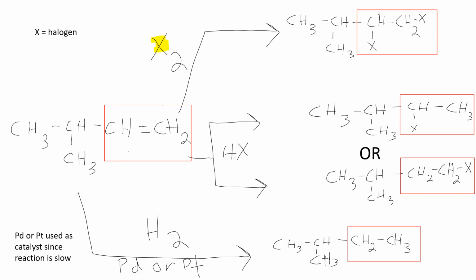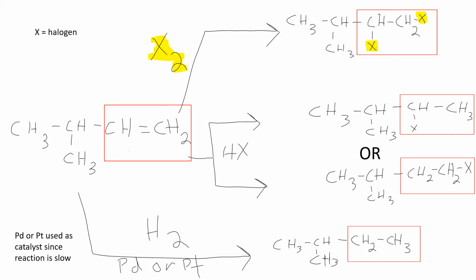So the two things we're adding in, now highlighted in yellow, we're adding in a halogen. We're going to add a halogen to each one of the carbons of the carbon-carbon double bond. So we see that happening in that upper right-hand structure. Highlighted in yellow again, we can see we added a halogen to each one of the carbons of that carbon-carbon double bond. So that first thing that always happens in an addition reaction happened here. Remember, the only changes we're looking for are inside that red box.